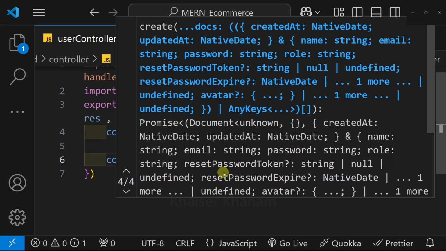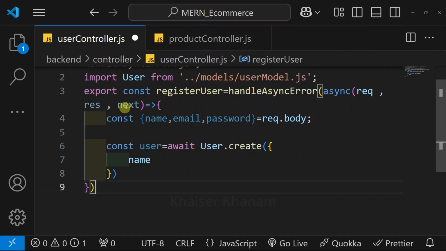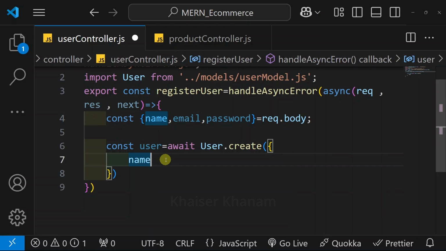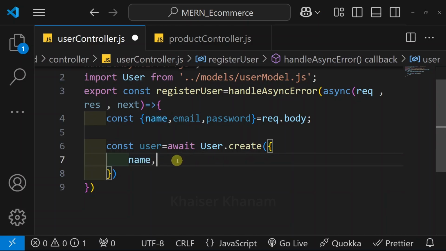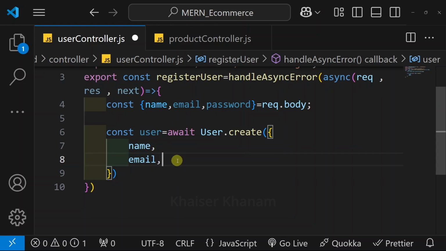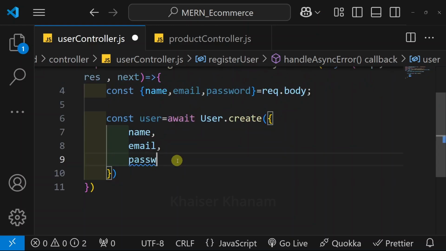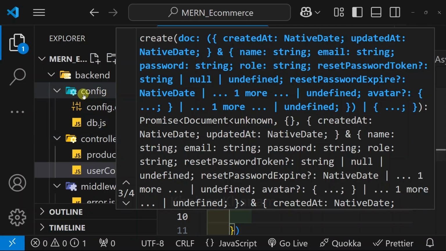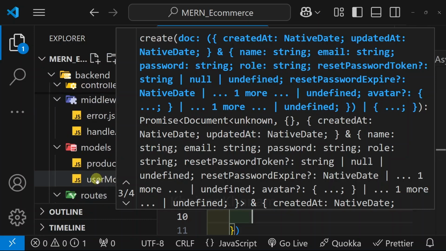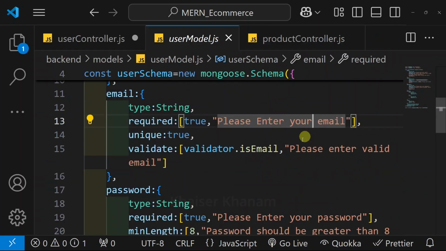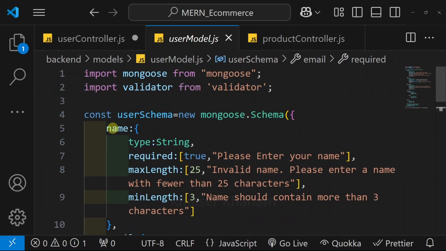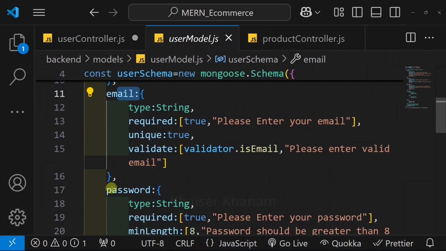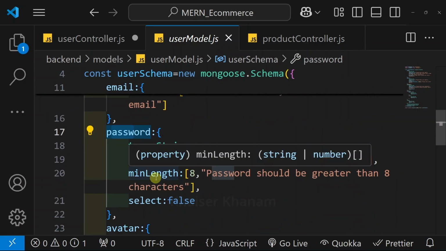I will be accessing create. Inside this I will be passing this name. Whatever name user has entered, that name I will be storing inside user collection. Then I will be passing email. Then I'm going to pass the password. Here, let me open this user model. And inside this, you can see we have name, we have email, and we have password, which we are going